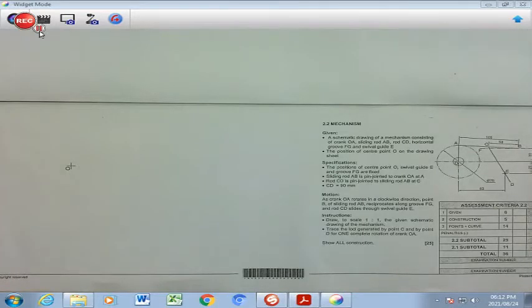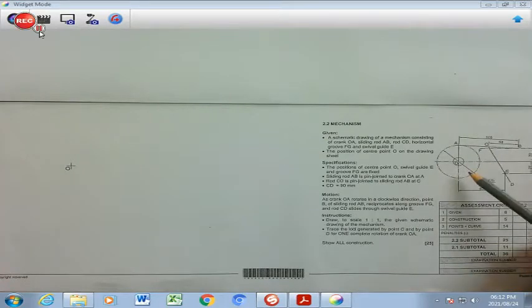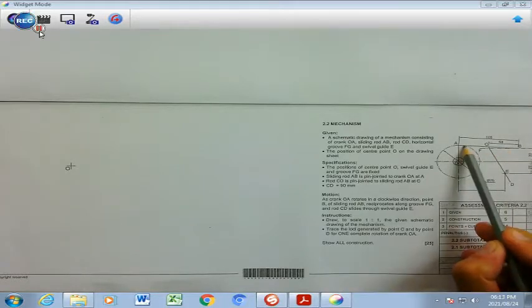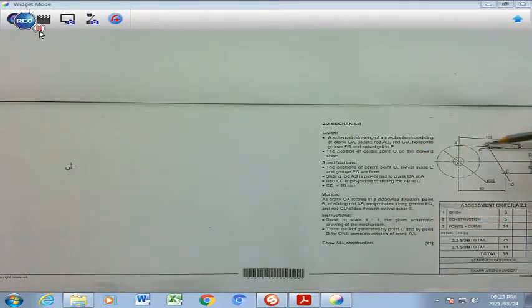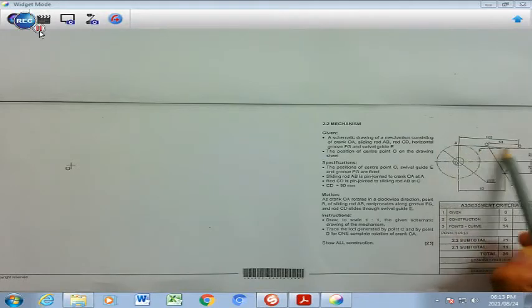Grade 12, let's turn our attention to the next mechanism, and you will find in the given there's a diagram that has been allocated on the left hand side to assist us in completing the mechanism. So in the diagram you will see that there is a crank OA, which is that line that you will see over here, and you will find a sliding rod AB, which is that line there, and then there's a rod CD, which is this rod over here,